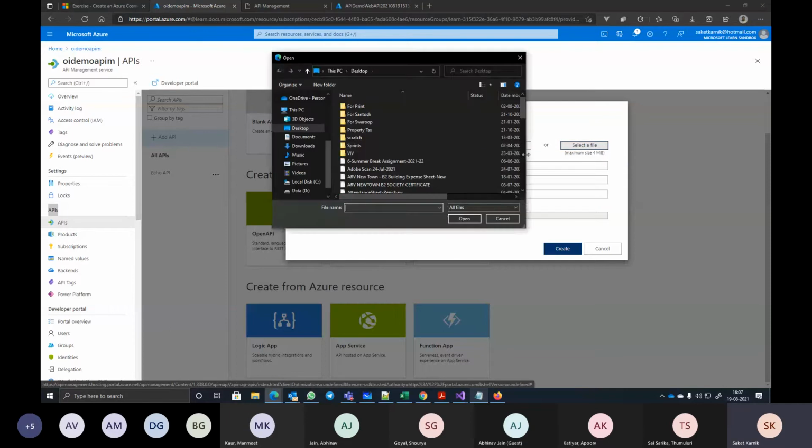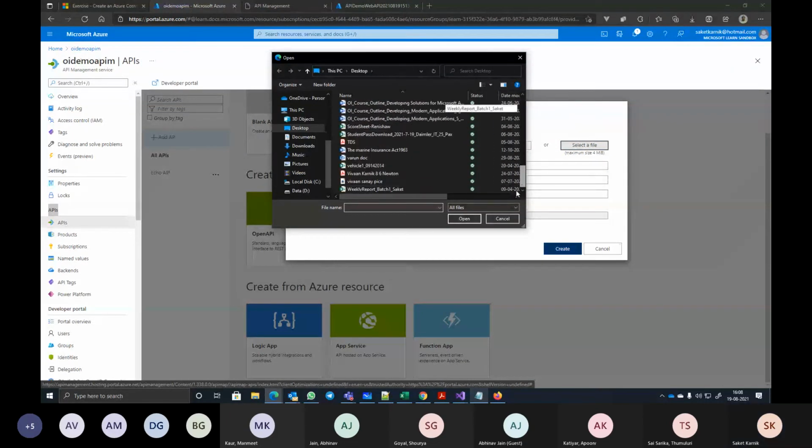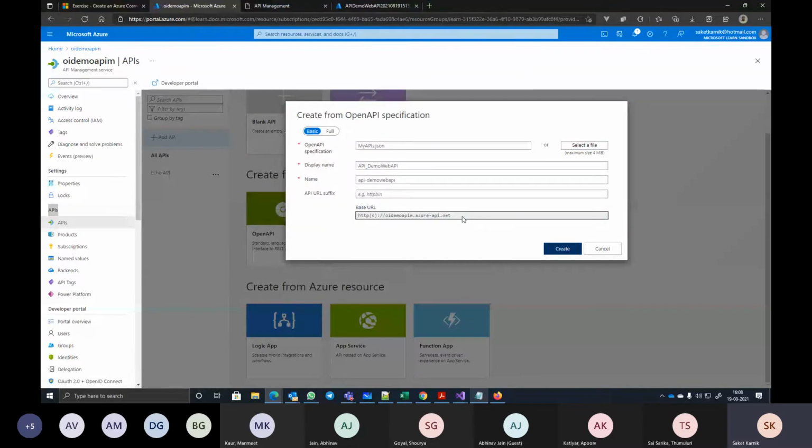So meanwhile, I can say select a file from the desktop of my machine. The file that I'm looking to import is my apis.json, the same thing we imported while creating a logic app custom connector. It automatically takes the display name, the name used by APIM, and then the base URL that will be used to expose these APIs from here onwards.